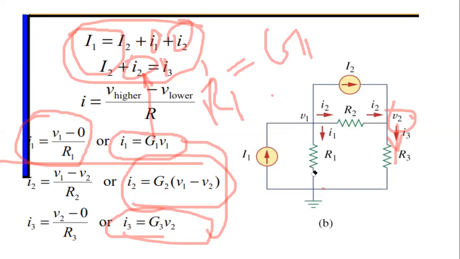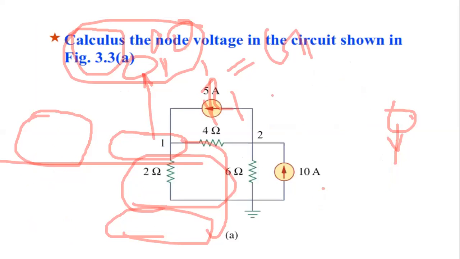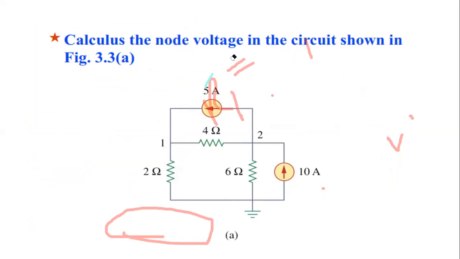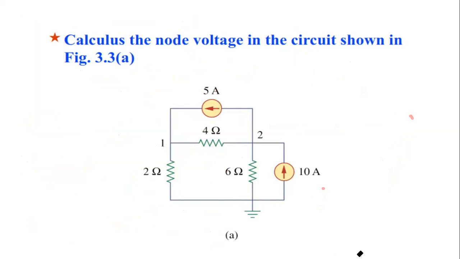Let us see if the answer is there. I don't think the answer is there for this question, but there is another question. Can you write the equations for this circuit? We have again two nodes. Write the equation for the first node and the equation for the second node quickly. Take voltage V1 and voltage V2. Again, it is very, very simple. The currents are given, 5 ampere and 10 ampere. Just write the equations and type in the chat box if you can.